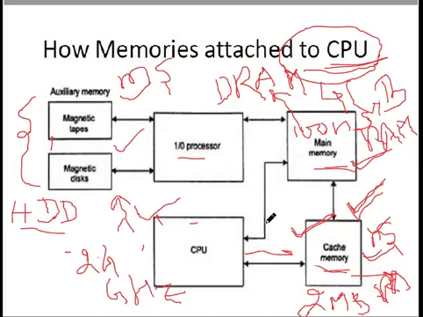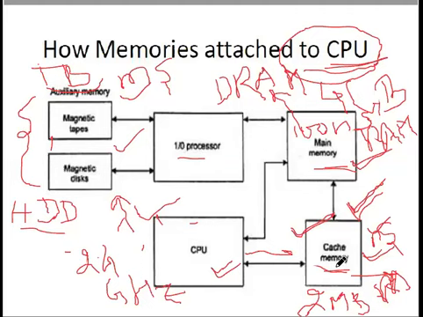So let us classify it. This has the least storage. The CPU, the processor, has some register sets. As you go into the course of microprocessors, you will see the 8085 microprocessor. There are some register sets which store some data. So this is the lowest unit of storage. Then cache memory is of the order of 2 MB. Main memory is of the order of 4 GB, 16 GB, 32 GB, and this is of the order of GBs or terabytes. So secondary storage is the highest memory storage device.